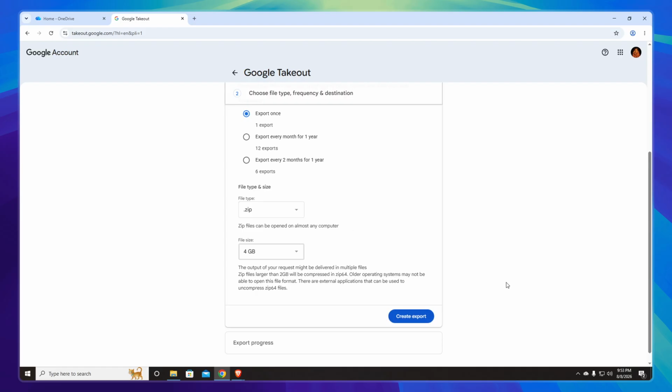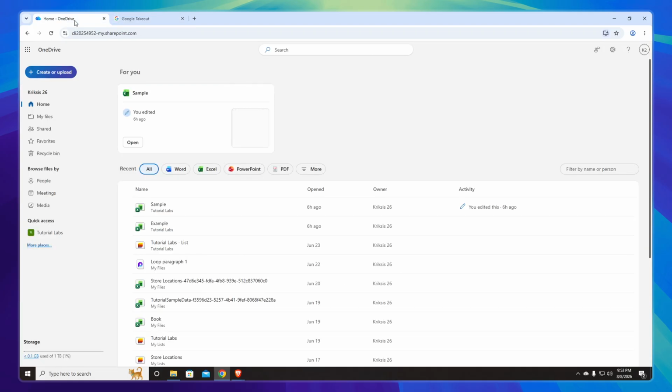Now you'll need to wait while Google processes your request and prepares your files for download. Depending on the size of your Google Drive, this could take anywhere from a few minutes to several hours. Google will send you an email notification when your export is ready. When you receive the download link in your email, simply click it and download all your Drive files to your computer. Once the download is complete, head over to OneDrive, log into your account, and upload all the files you just downloaded. And that's it, you've successfully moved your files from Google Drive to